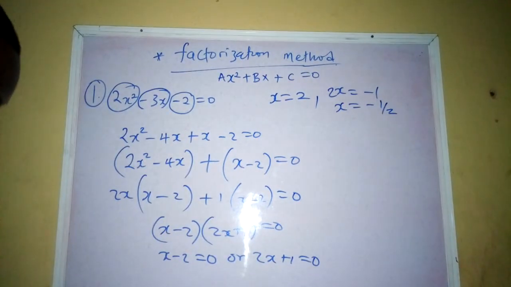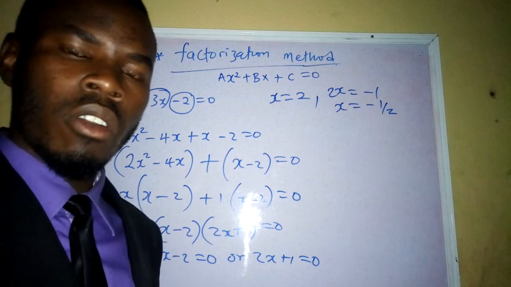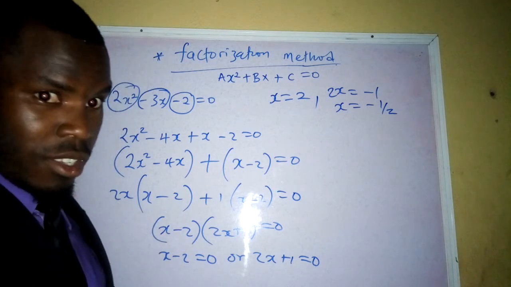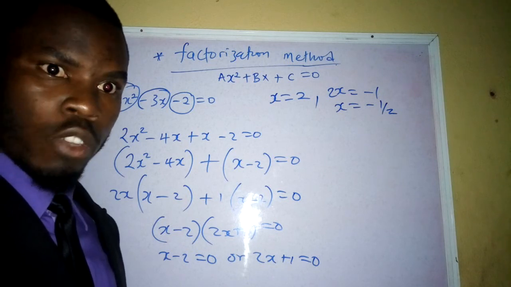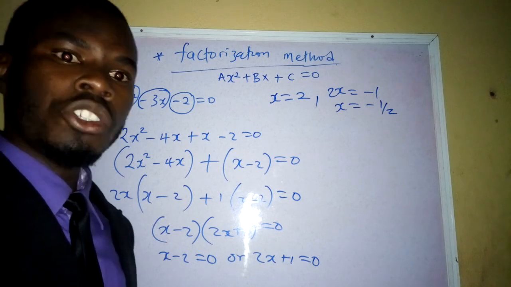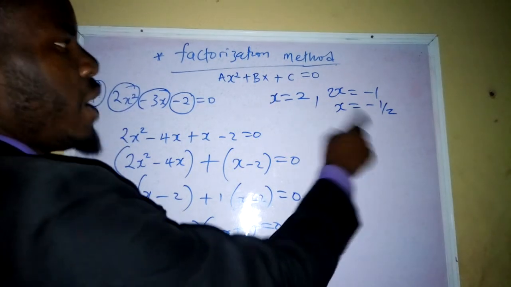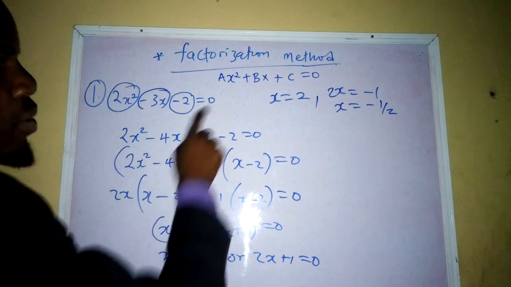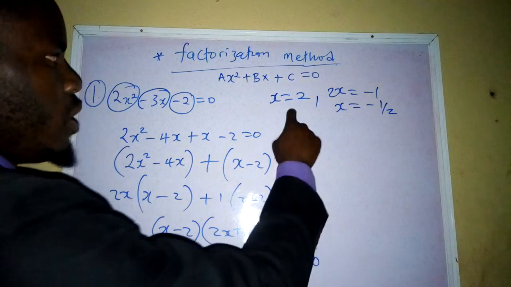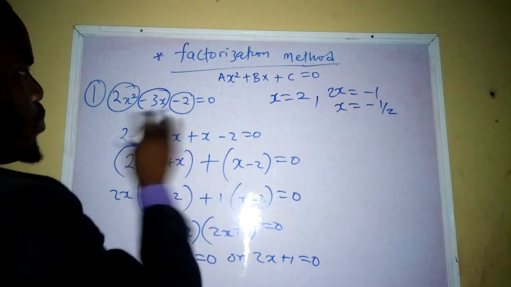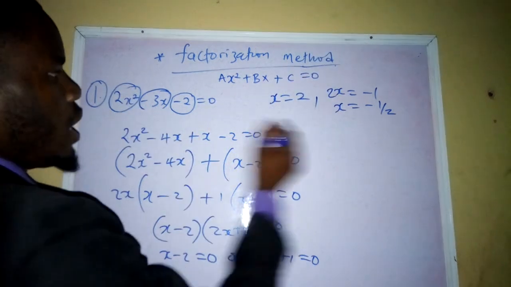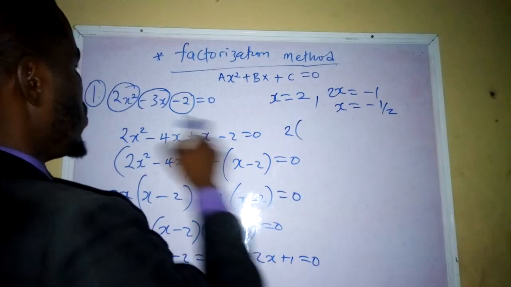Now, I want you to be very confident. Some students can solve and be contemplating, are these the correct answers? Absolutely, you'll be able to know if they are correct. What you need to do is to plug these values back into this quadratic equation. If it is able to render 0, they are correct. So you pick the first value, which is x, plug in x here. If it is able to give you 0, it means that it's correct. So from here, we know that 2 into, what is x? Let's